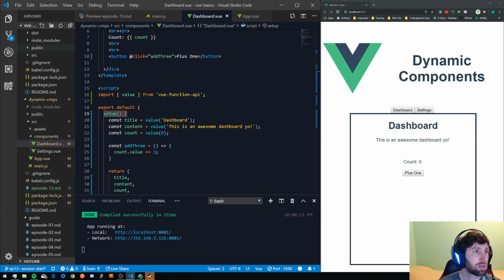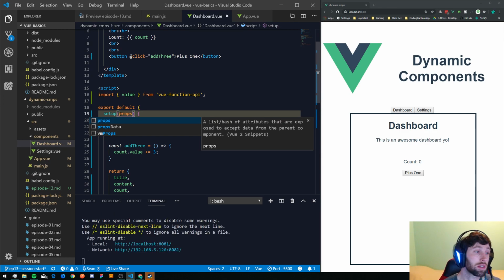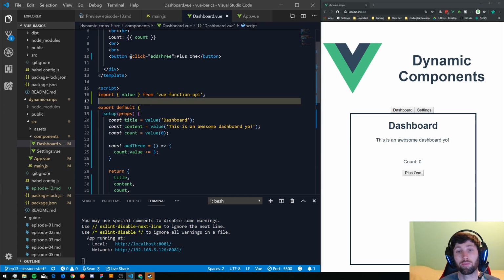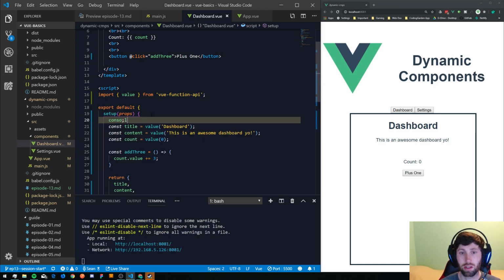Before we do anything, any type of data property variable declaration, we need to make sure we pass in props to our setup function here. So props is automatically passed in as the first argument, just as such. If we just say console.log props at the beginning of this, just like that,